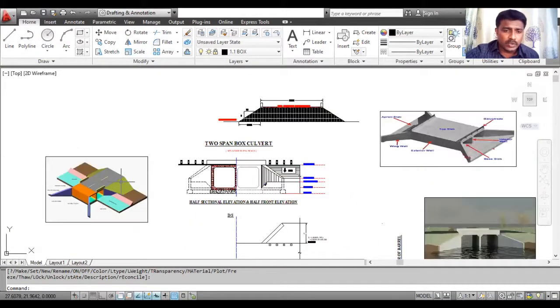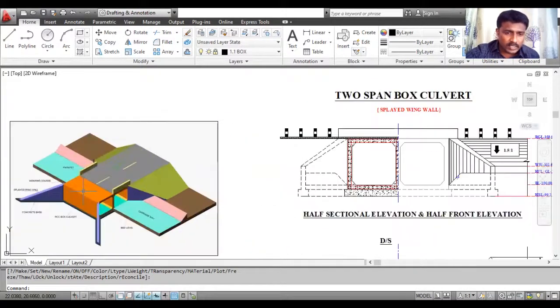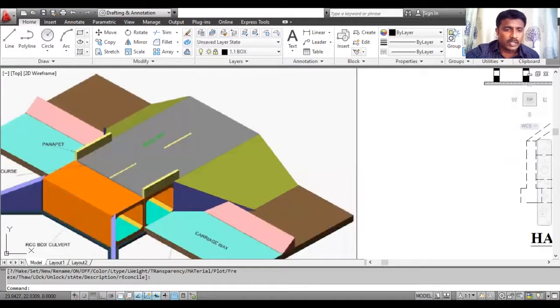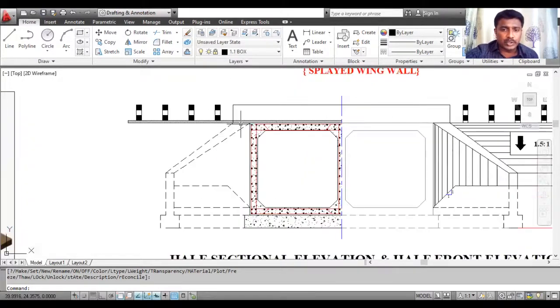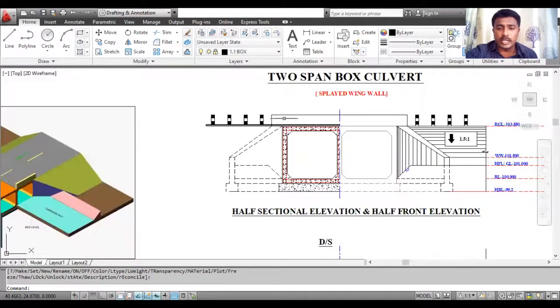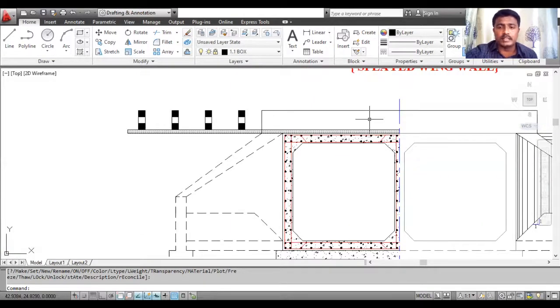So here you have to observe like this. At the center of the sections when you cut, here there is a parapet wall and also guard stones, that is in elevations. Same procedures you have to follow. On this left side, draw the height and length of the parapet wall. Then also you have to draw guard stones. So guard stones and parapet walls are in elevations. That's why I'm not showing any hatching on these portions.